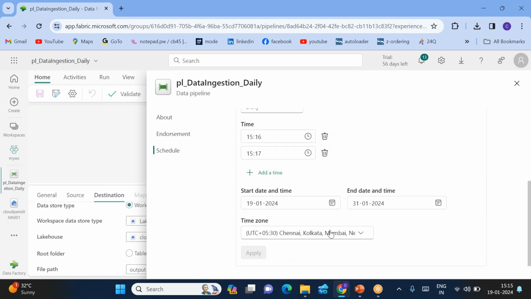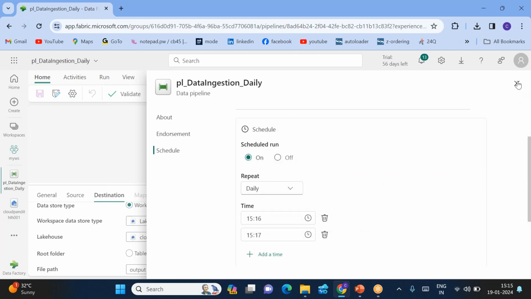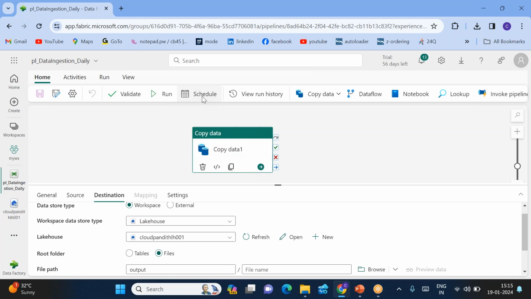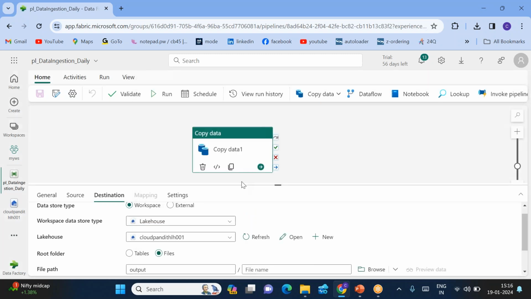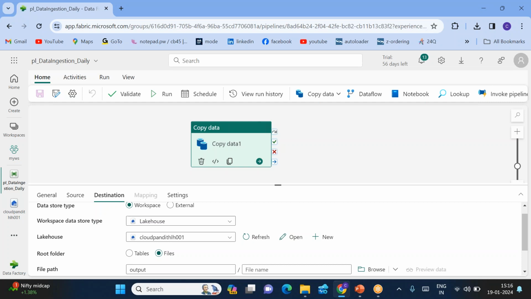Now you can apply this particular schedule on the pipeline. As it is scheduled, now you can just click on the schedule. You can see, next refresh in less than a minute. It is saying within a minute it is going to refresh. Earlier it said scheduled is turned off. That is the message it said, but now it is saying less than a minute. So the schedule is scheduled on this particular